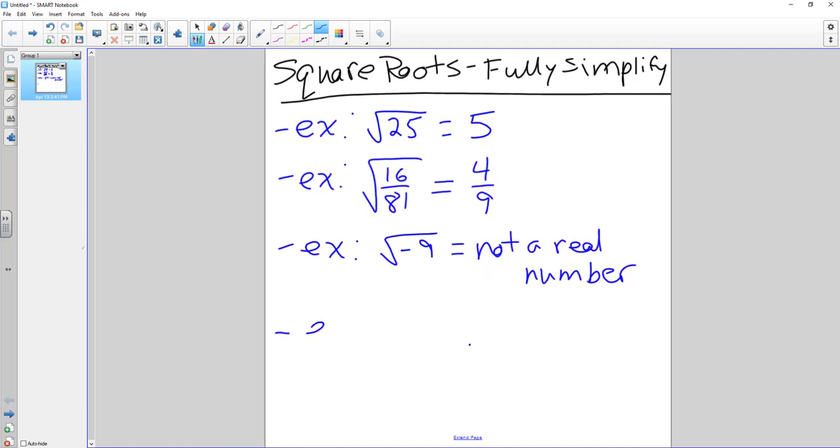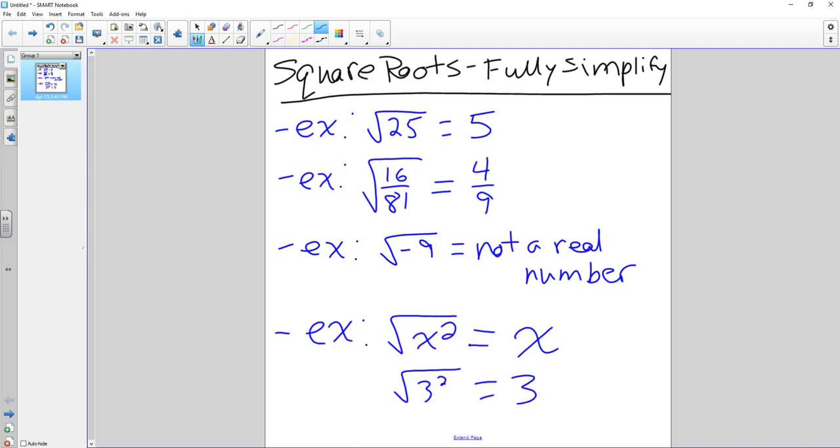How about this one? So now we're going to be throwing in some x's. How about the square root of x squared? If we think about what times itself gets me x squared, that would be x. Because really, like any number, if I just replace this with, let's say, 3 squared, well, that's the square root of 9, which is 3. So it's kind of like the squared and the square root cancel each other out